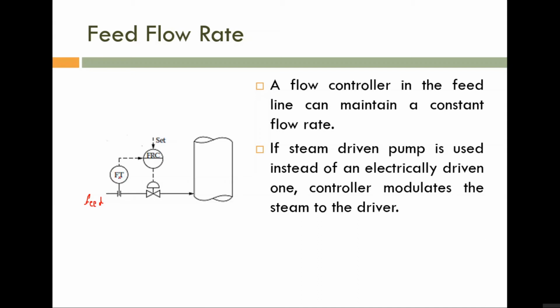Is it okay? This control strategy is used if the pump is an electrically driven pump. If it is a steam driven pump, then this control signal is used to manipulate the steam flow rate, not the feed flow rate. Steam flow rate is manipulated. So if you are manipulating the steam flow rate, the pump capacity will change, and with the change in capacity, the feed flow rate pumped by the steam will change. Okay. So please note the DCS diagram shown here is the case if you are using an electrically driven pump. Okay. So this one is a simple case.